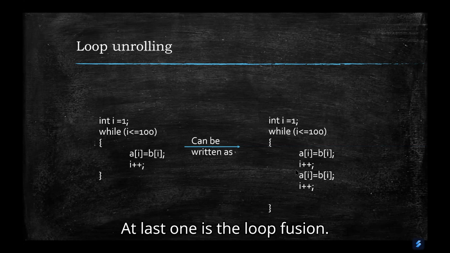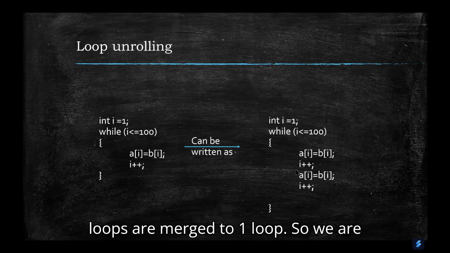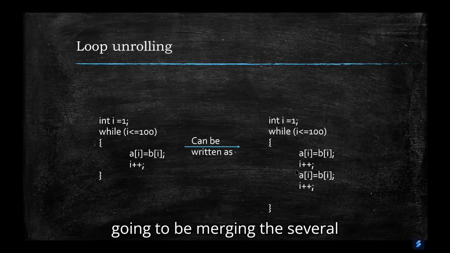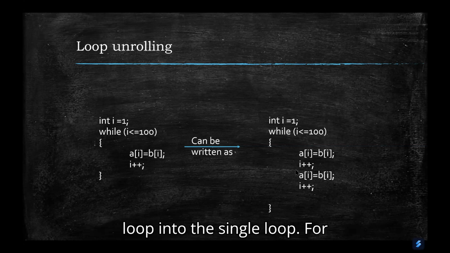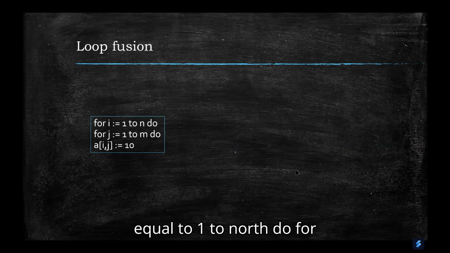The last one is loop fusion. In the loop fusion method, several loops are merged into one loop. So we are merging several loops into a single loop. For example, for i equal to 1 to n do, for j equal to 1 to m do, a of i comma j equal to 10. This can be written as